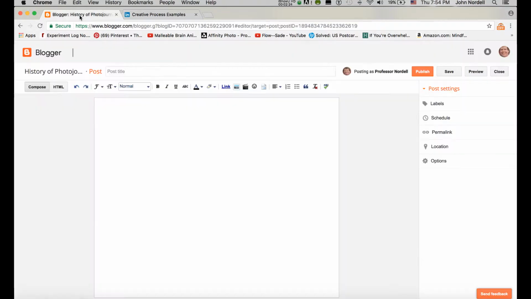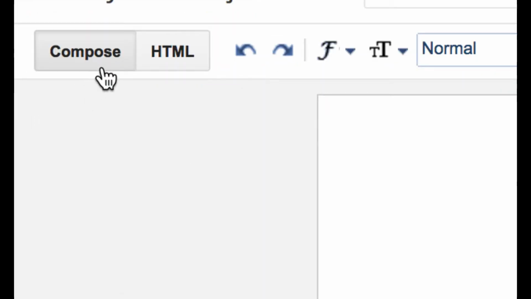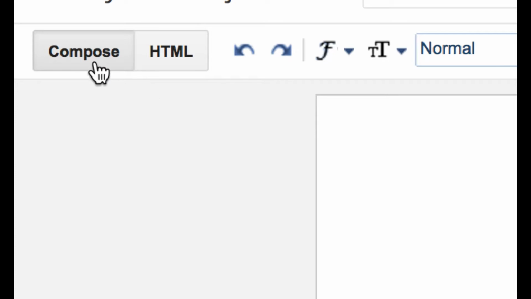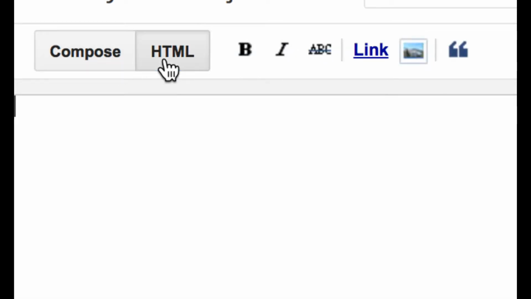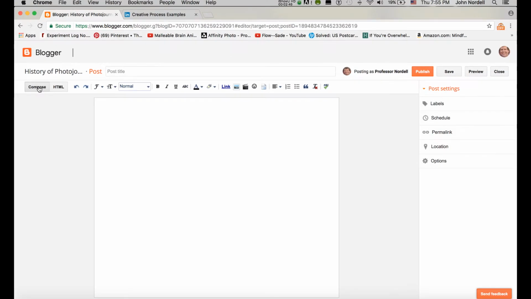And now I'm coming over to my blog. This is my test blog right here. Over here, you may not have noticed this, but there's the Compose tab and the HTML tab. HTML, if you aren't familiar with it, stands for Hypertext Markup Language. And the Compose window is what you've been doing so far, where you can just type and add your photos and so on. But what we want to do is make sure when we're adding this embed code from SlideShare